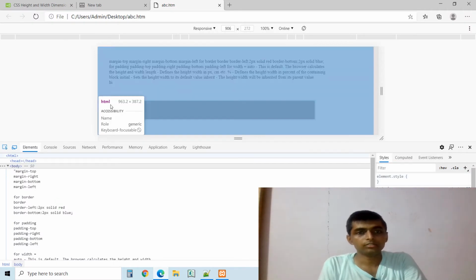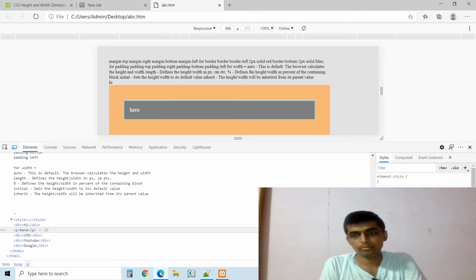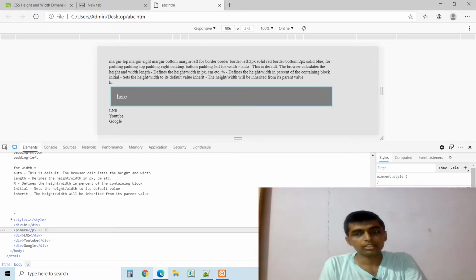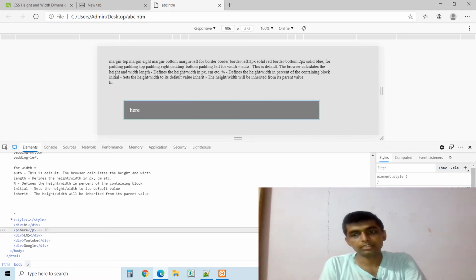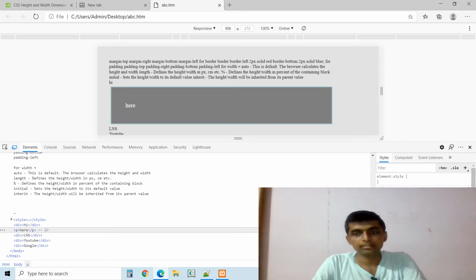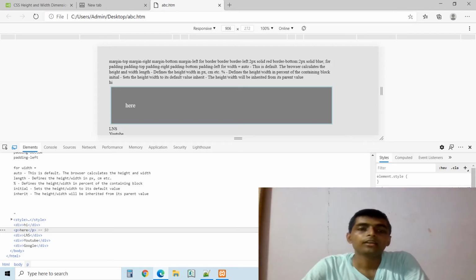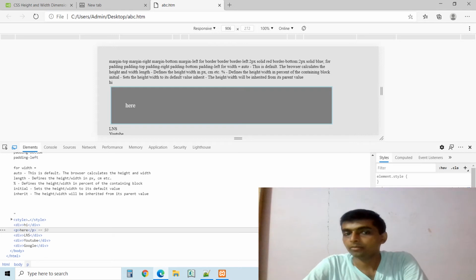Suppose here I want to show some more margin, so I am setting it to 50. If I cut this, you can see that this will be the margin. If I change this to padding, it will change the inner side of the particular div or particular paragraph, and the external side will be kept as it is. In short, to change the outer side of particular HTML elements, use margin; to change the inner side, use padding.